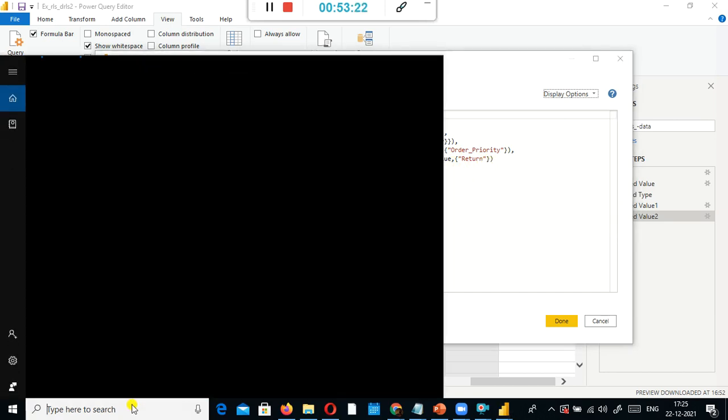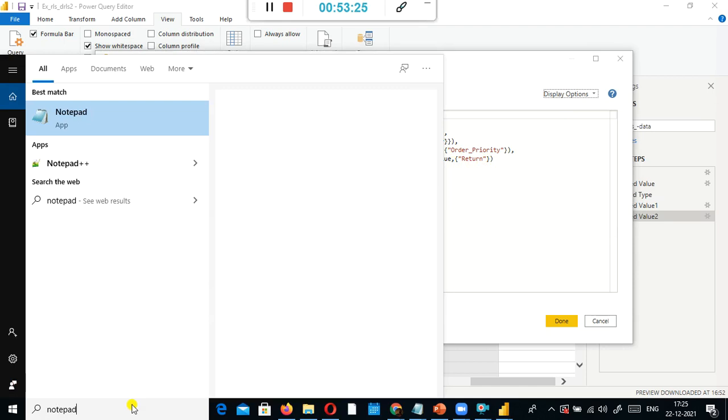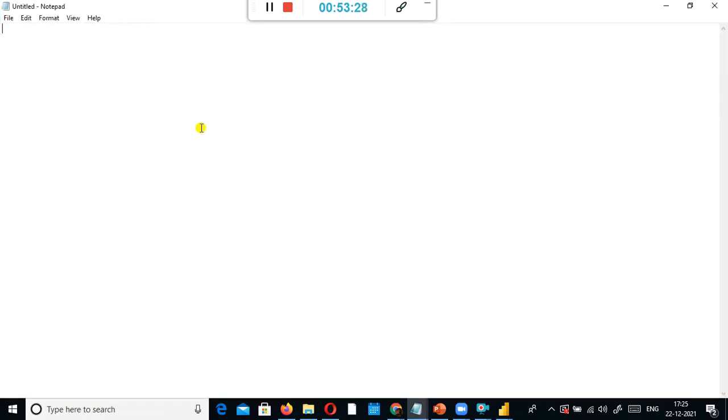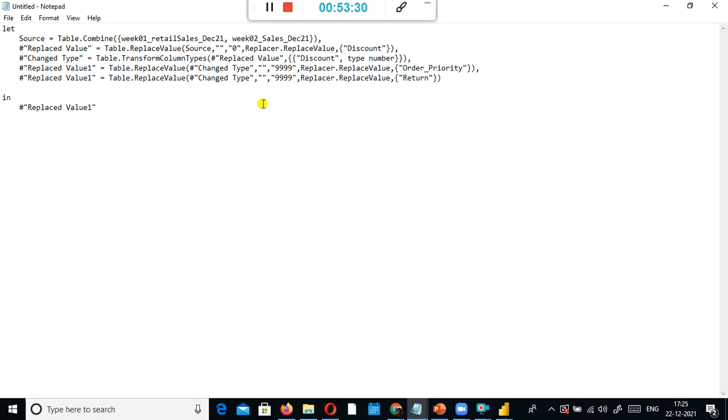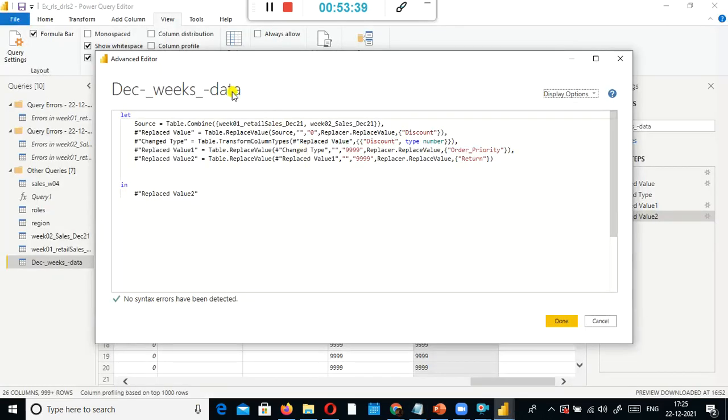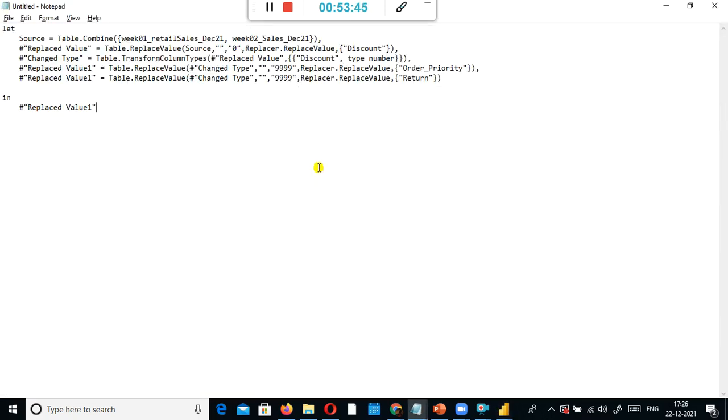One second, I'll open this notepad and copy paste it. This is what I kept with me. Change the type. Look here, what mistake we have made. Here it is Replaced Value 1, right? But in mine I used Changed Type 1.